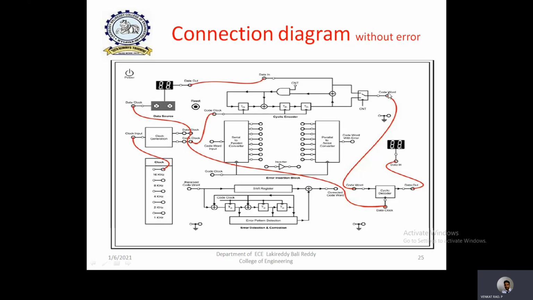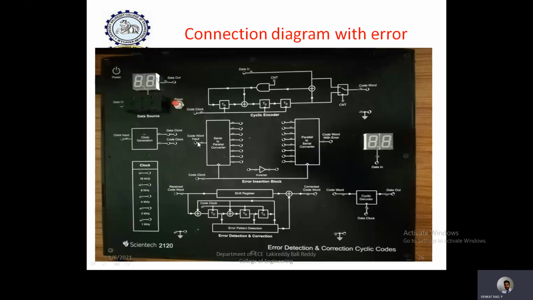So this is the code word. If you don't give any error, it is directly given to the decoder, and that will be decoded again as 0101. The same number 5 is displayed here, but without error. But if you want to give an error and try to identify what that error is and how to detect and correct errors, then connect this final encoded output to a serial to parallel converter. So convert this